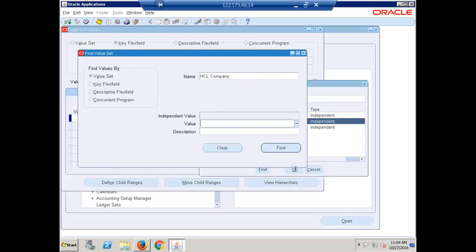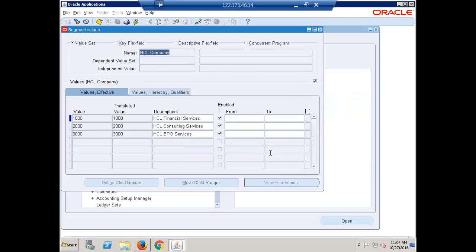Say company. Click on find what we created. You can see in this, we selected the company segment, under that we created, right? For the company segment we assigned a company-related value set. That is the reason those are stored in that one. The same way,